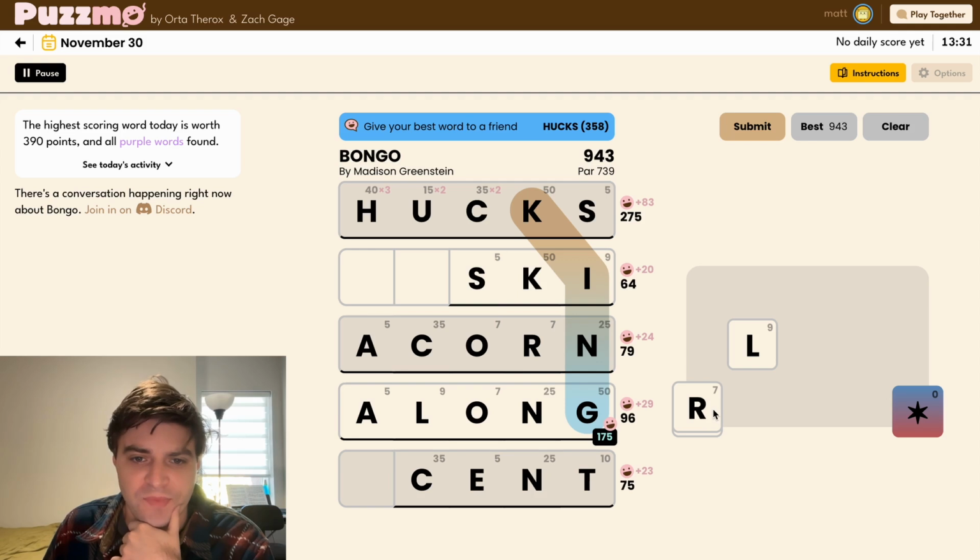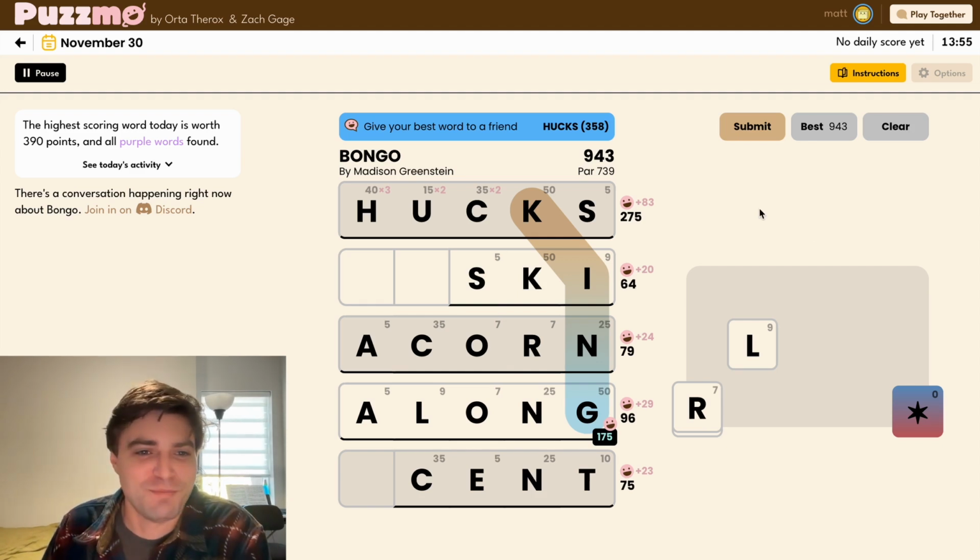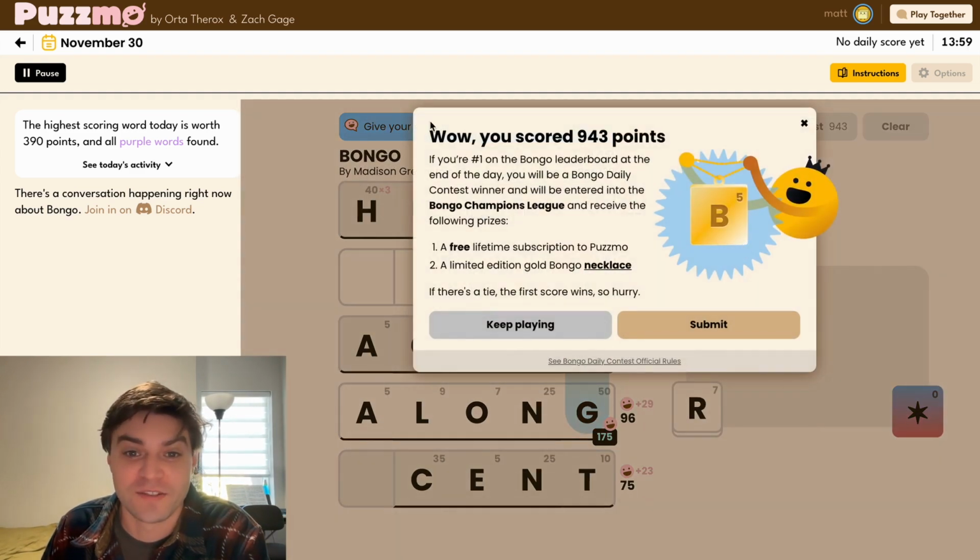That's a start. And now can we do something with this R and these L's? Could I do something to make this work? I don't think so. It's already been almost 14 minutes. I think I'm going to submit it here. We'll see how good the score is or how high it is or whatever. But it's a puzzle. You do it for fun. So I got